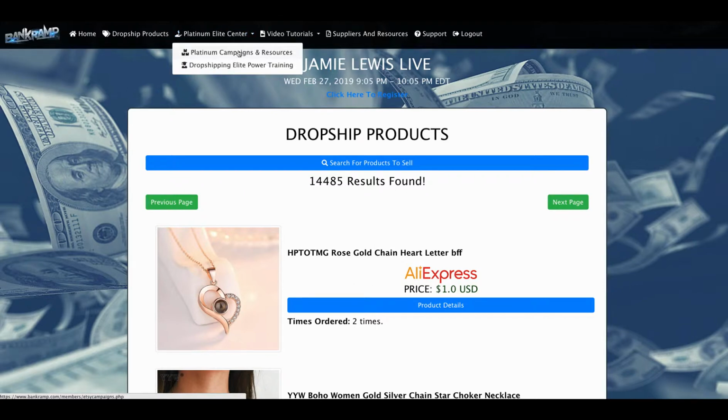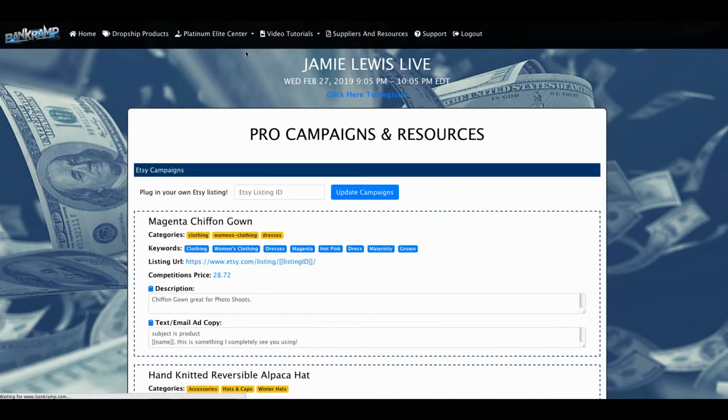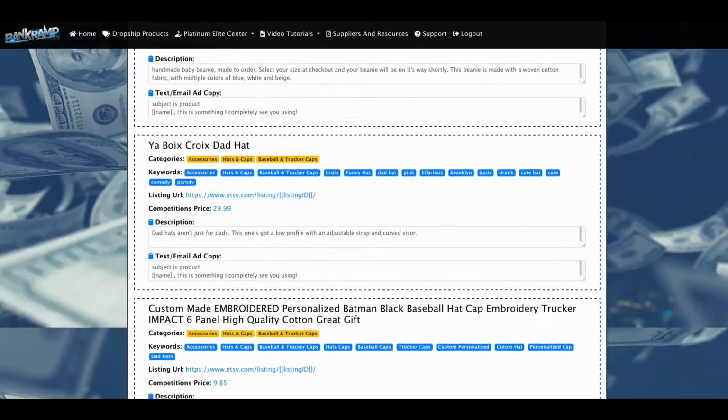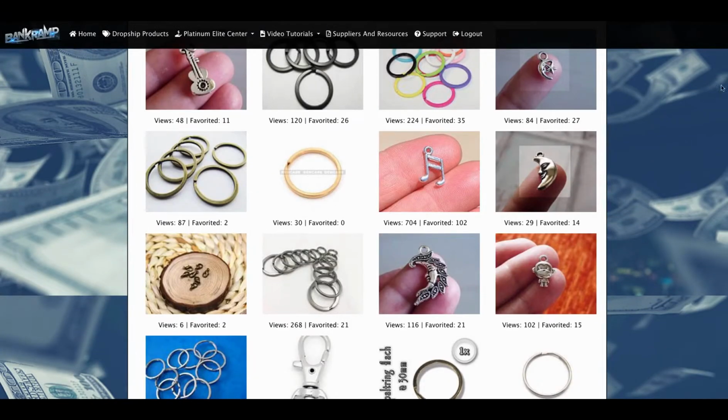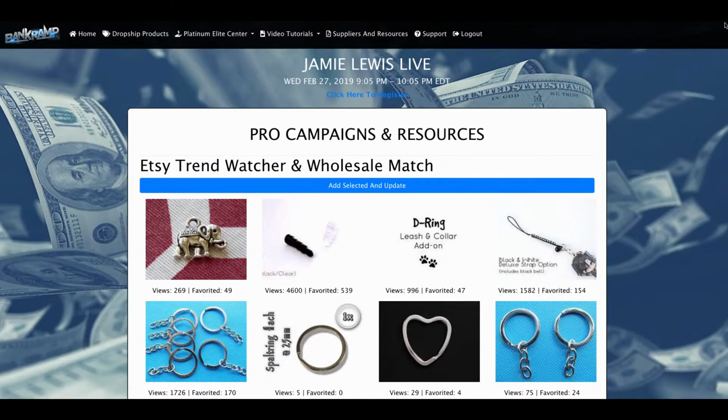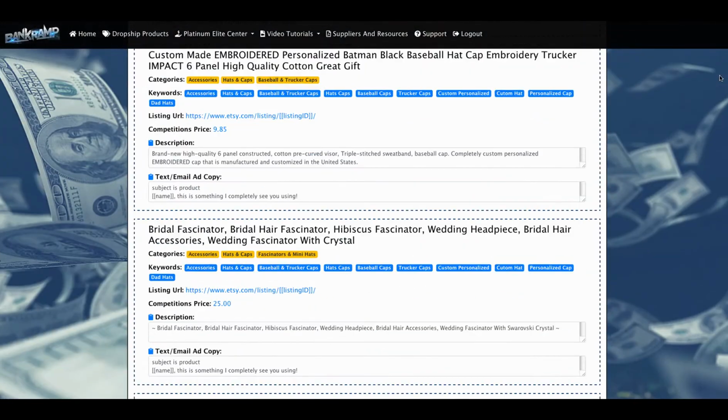First of all, we do offer as the first upgrade Platinum campaigns and resources. If you upgraded for that, then you can access Platinum campaigns right here. And of course, there you are. You can jump into everything that's been organized already. The great thing is you can get all of the text that you may need, learning about exactly what you're seeing in the statistics and the keywords and everything like that. There's a little bit more illustration here. It's like you were blind before, but now you can see.